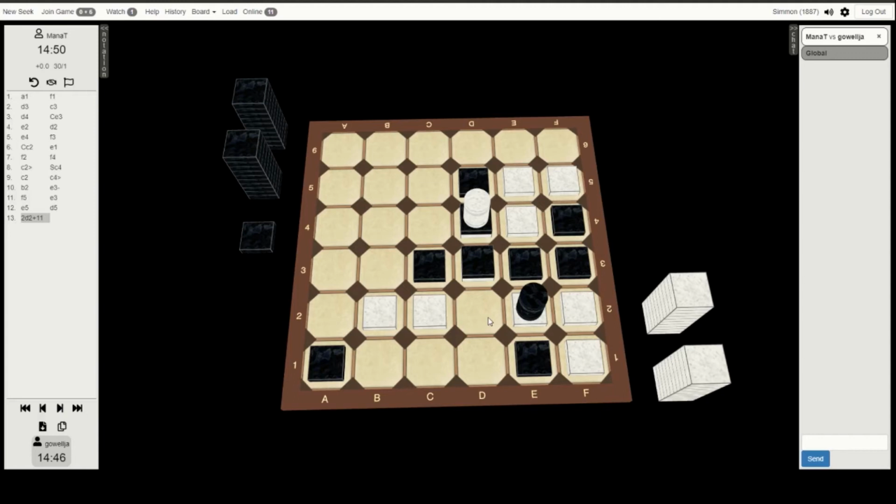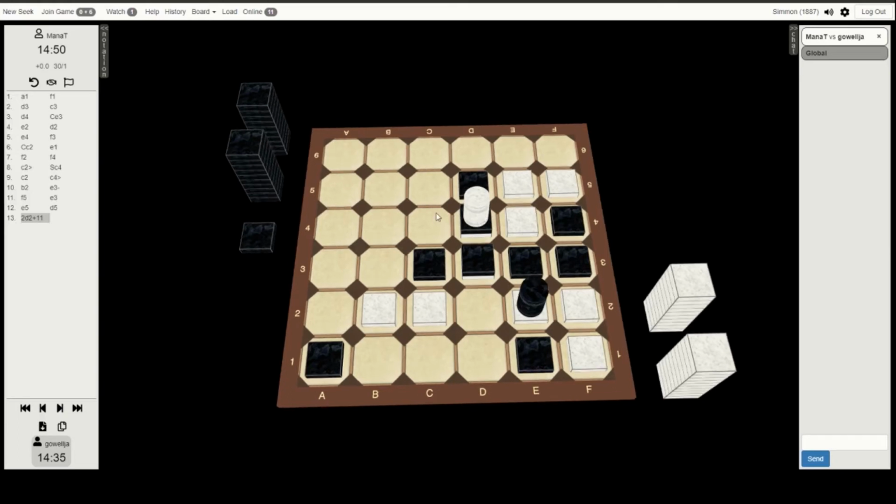White does bring up for that smash. Interesting, because it does give black momentum here going in that horizontal direction. But smashing this also does allow white to leave behind a white flat and capture onto this, be able to